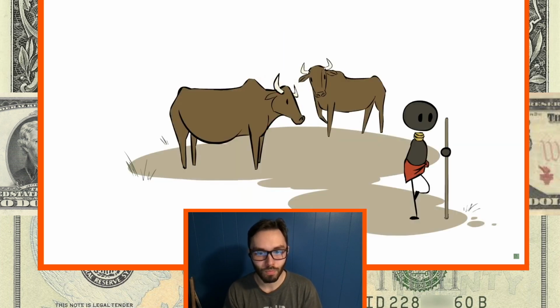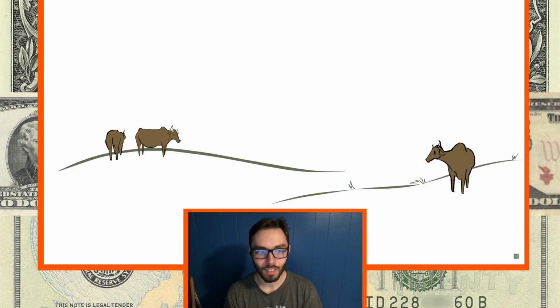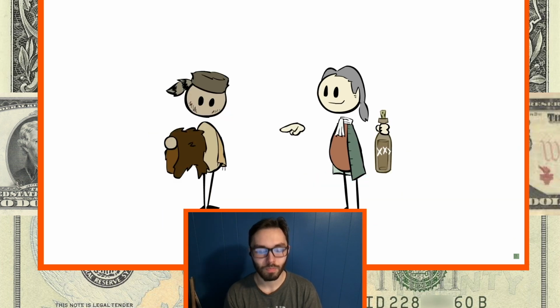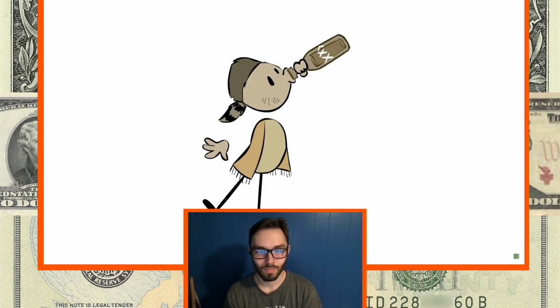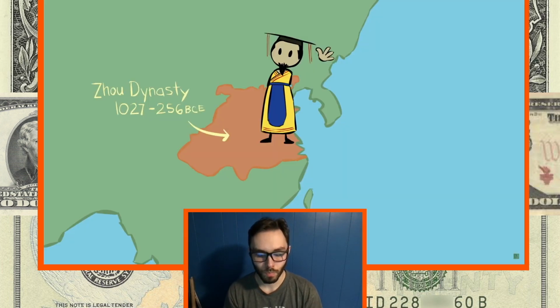For example, cattle have often served as money. I mean, they're fairly durable, they last for years, they're practical, and they're scarce. When Europeans arrived in the Americas, alcohol often served as currency. You could literally drink your paycheck. Cigarettes have often become money of prisons and POW camps. Back in ancient China, money in the shape...